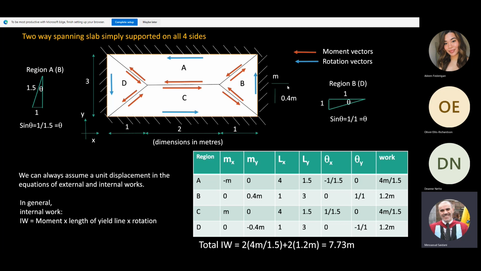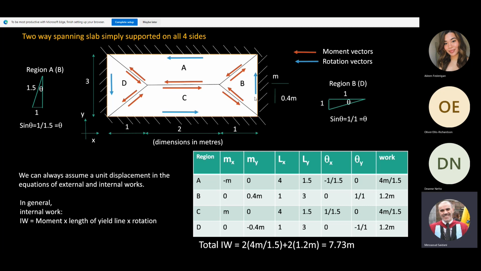For this particular example, given are the moments. So this is the x-axis. I call the x-axis this axis here. So the moment of resistance in that direction is m, and the moment of resistance in the y direction, this direction here, is given as 0.4 m. Right? So these are given. Okay, then the slab dimensions: we have 3 meters in the y direction, and we have 4 meters in the x direction. The yield line here